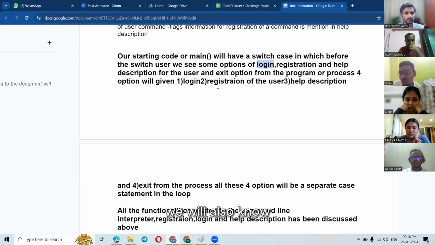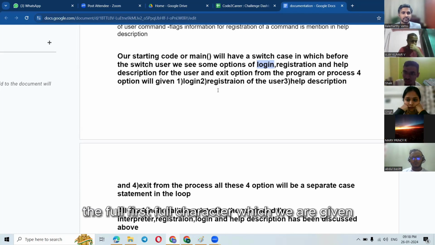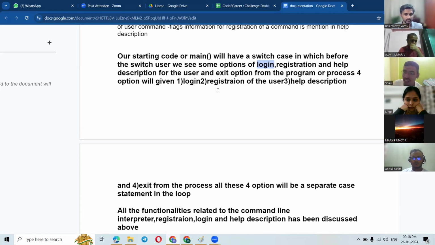We will also have an if condition. If the first command line argument is the four characters the user enters, which we have given, then along with that it will check for the hyphen and all those things, and start creating a file or structure at that time only, adding all those things.